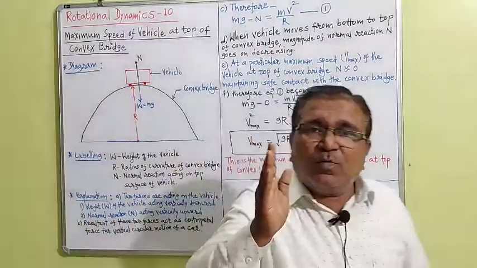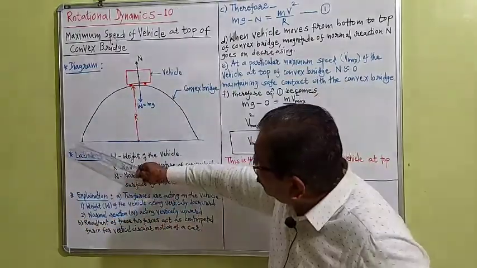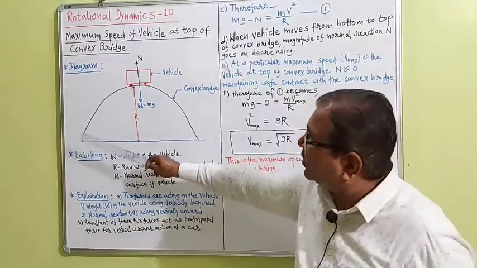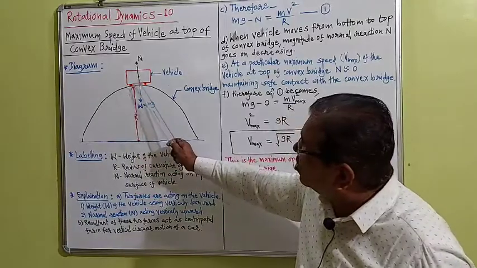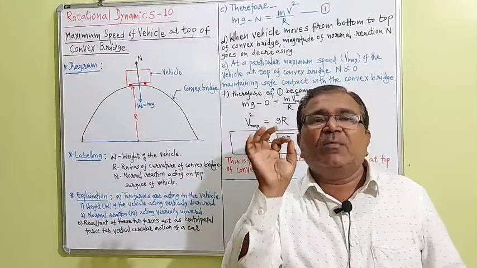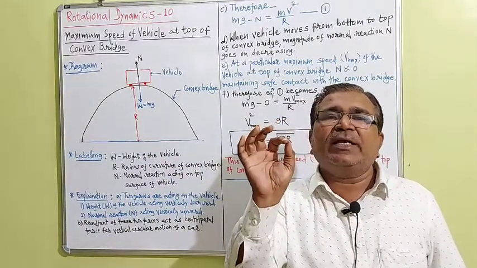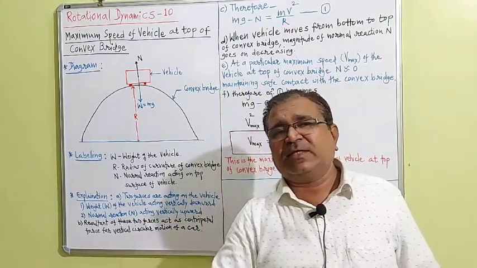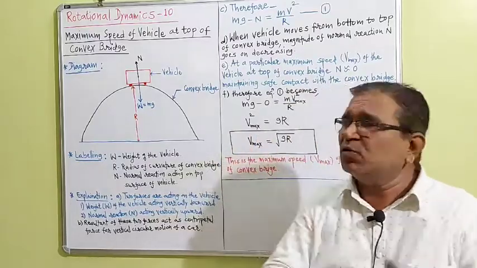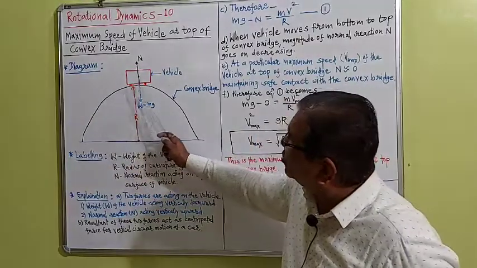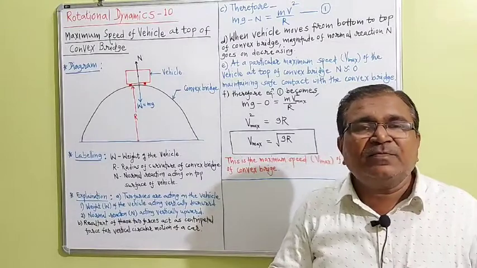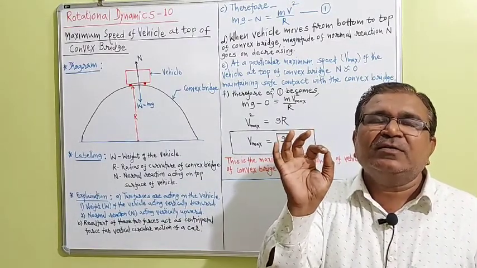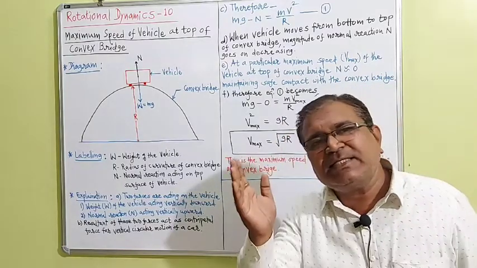When the vehicle moves from bottom to top, listen carefully dear students, the magnitude of the normal reaction goes on decreasing. Very important sentence. I will repeat again. When the vehicle moves from bottom to top, the normal reaction acting on the vehicle goes on decreasing,